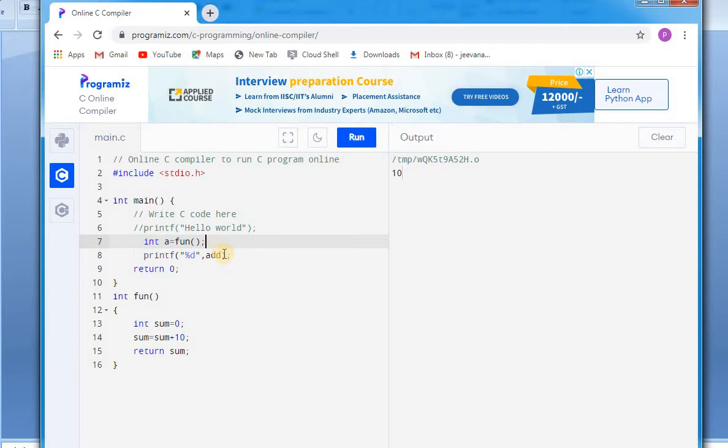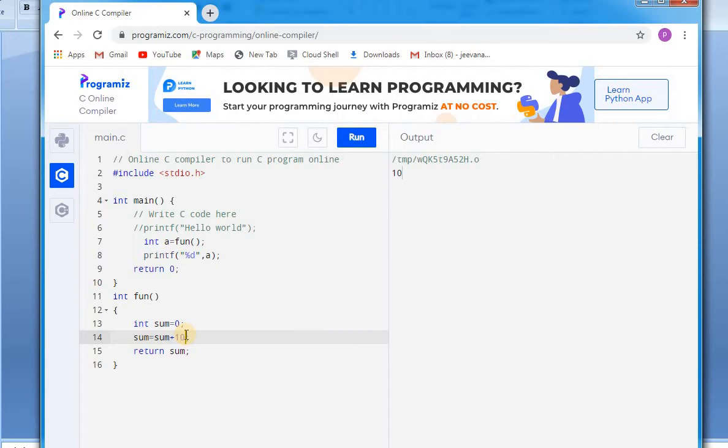I have to print that, so printf %d comma a. I'll run this, and the output will be 10. Here I have directly used values in this program, I'm not taking any input from the keyboard.